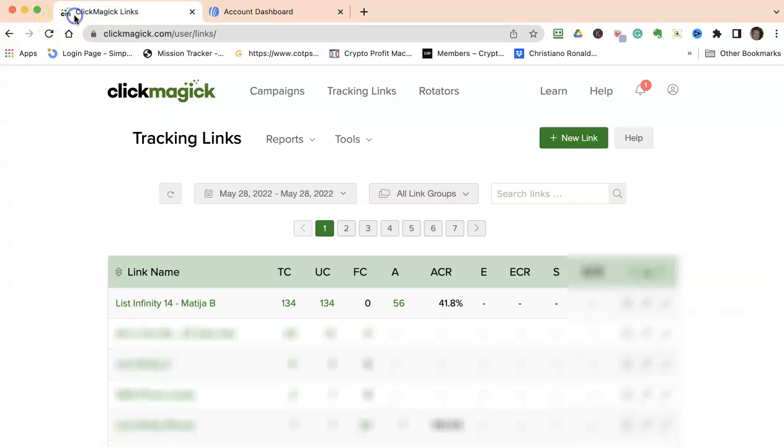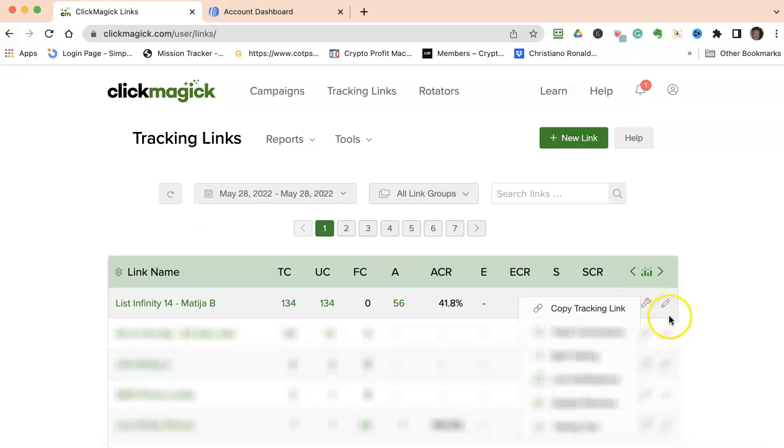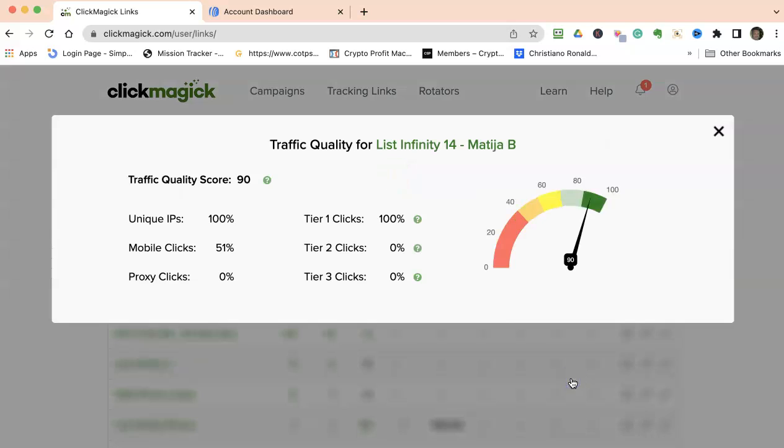So this is my ClickMagick account. So this is how we know that we are converting. We know where those conversions are coming from. We know what the quality of the traffic is. I can take this tool that they provide, Traffic Quality, and I can see that the quality of traffic, I'm